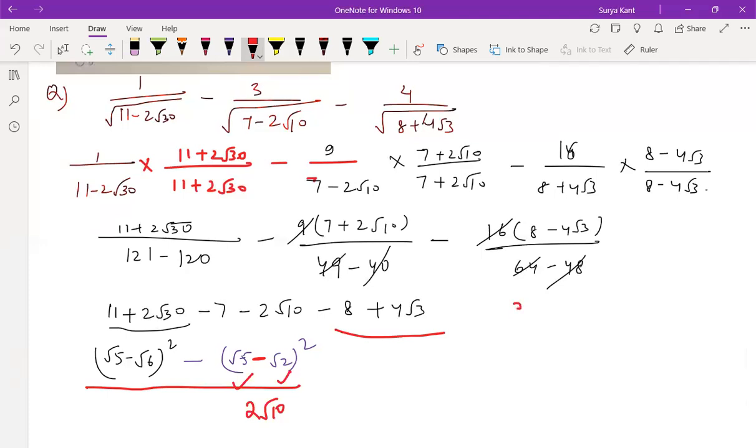Sir, can we write it as root 6 plus root 6 plus root 2? Yes, so we can do like that. So 6 plus 2 plus 12 will come, no? 2 root 12 will come, correct? No, sir, 4 root 3 only will come, right? Acha, if you do that, it will come 4 root 3. That also we can do, correct. Yes, sir.